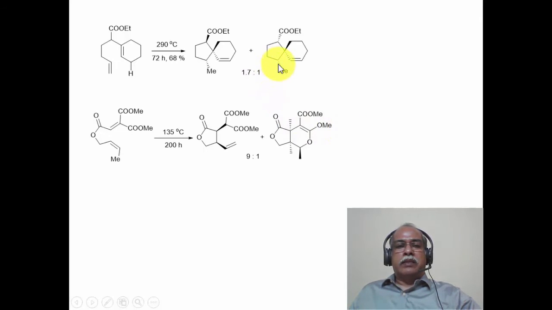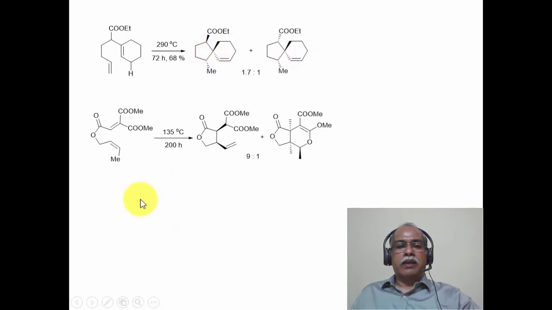Pericyclic compounds have been synthesized by ene reaction using this kind of carbon skeleton, where the ene component is clearly shown to be this particular component and the enophile component is this particular component, resulting in the formation of hydrogen migration in a 1,5 manner, which puts this methyl group here because of the hydrogen transfer. This methylene becomes a methyl group here. You can see some amount of diastereoselectivity in terms of the formation of the cis and trans isomers of these